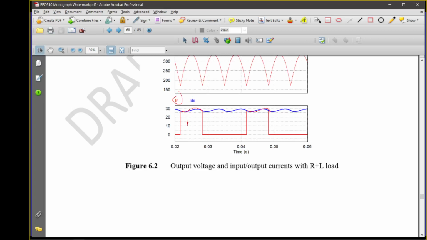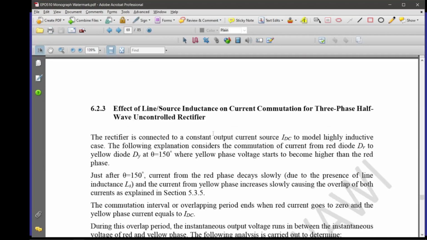So this is when diode 1 is on, okay, and then you have diode 2 operating here, and then somewhere diode 3 will operate during that period, and then finally it comes back to D1. So whenever D1 is on, you can see the current at the red phase. Okay, so next we look into the effect of line source inductance on current commutation